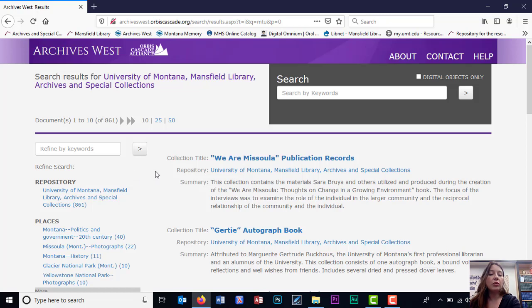Once you get here, you'll see that there are 861 guides to processed collections here in Archives and Special Collections. For instance, if you were going to look for things related to mining and garnet, you could type in garnet and then click here. You don't want to type up here, because if you type up in this search box,